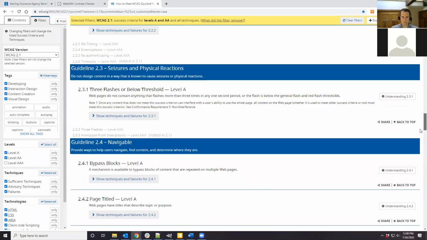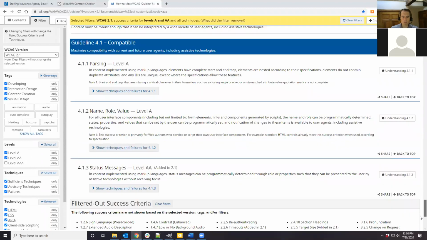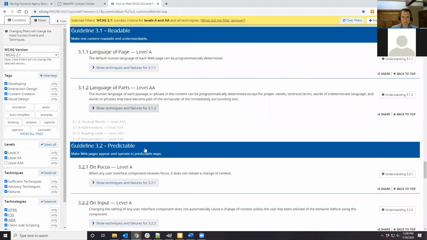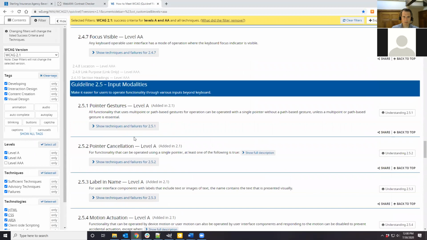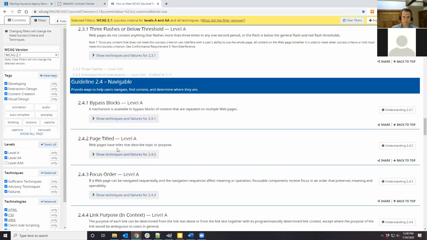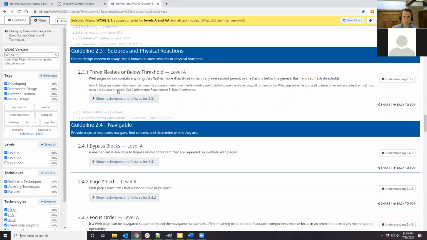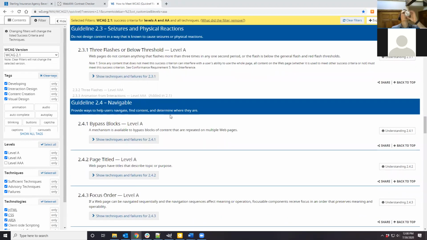accessibility requirements. It's a very long list, and a lot of it is very technical. Some of it is easier to understand, but it's just a good guide so you can see all the different things in here, like headings and labels, page titles, bypass blocks. A lot of it takes a long time to fully understand what everything actually means. Some of it you need to be a developer and be able to build that into the framework of the website. Some of it is as simple as making sure images have alt text and the colors meet minimum